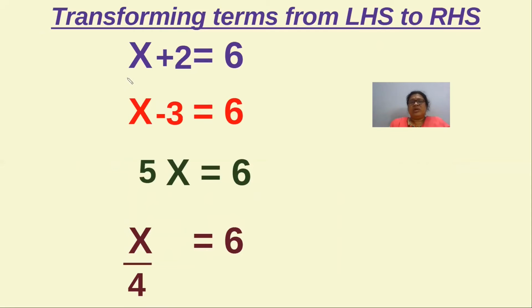Now here, look at these simple equations. Here there is x plus 2 is equal to 6. When you are solving this equation, that is, when you want to find the x value by the transposing terms method, each and every term we have to transpose to the RHS side. Now you are finding the x value. So which one do you have to take to the RHS, the right side? Plus 2 you have to transfer to the right side. Therefore, the plus 2, what will it become?